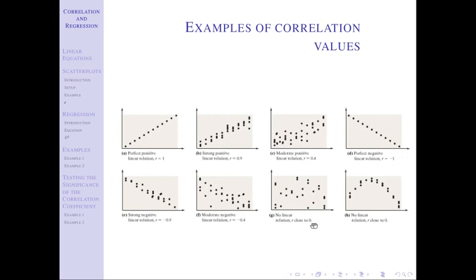This is what we're talking about here with R. R would be close to zero in both of these last two plots. But notice that plot G, you could probably say there's no relationship, but in plot H, you would say there absolutely is a relationship. I would call that relationship negative quadratic. And maybe you couldn't come up with those words, but you would absolutely say there's a relationship there.